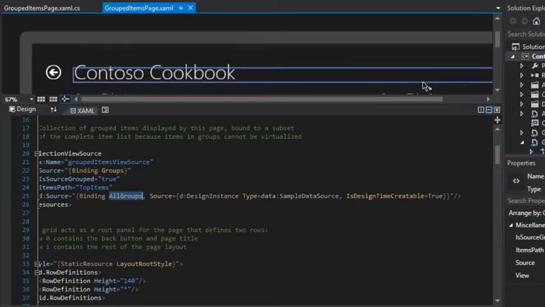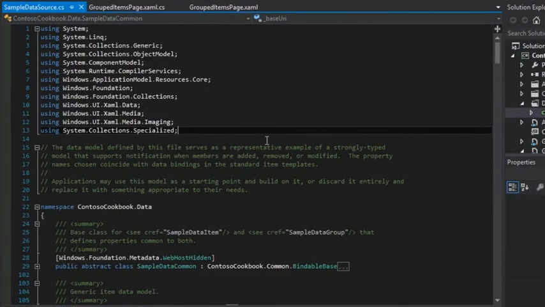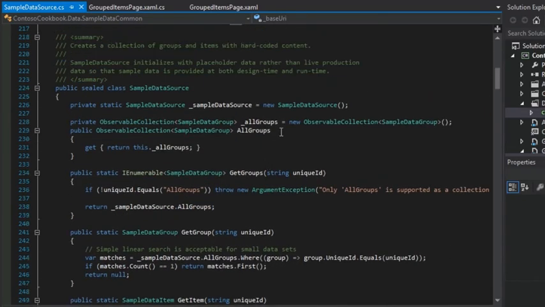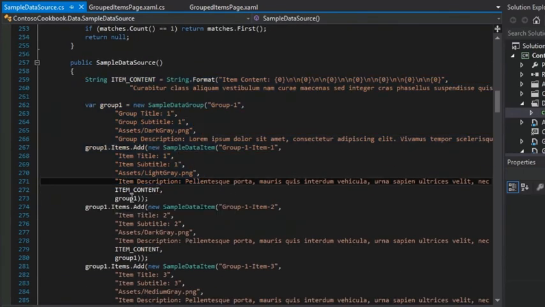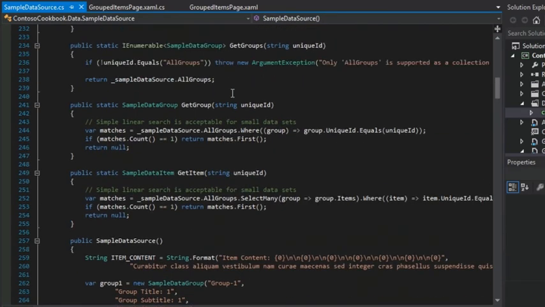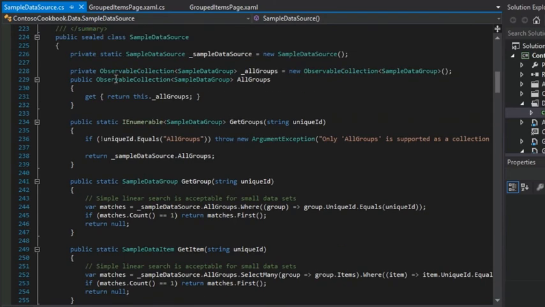We could look at it again. I'm not sure that that's all that helpful for us here. Let's see, where was it again? Oh yeah, here. There we go, all groups. And we populate all groups in the constructor for the sample data source by adding groups and items like so. Okay? Now, if we take a look at this collection, we haven't really addressed it very much. All groups is of type observable collection of T, or of sample